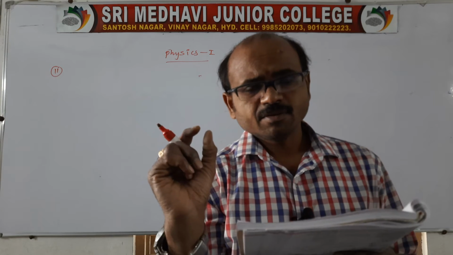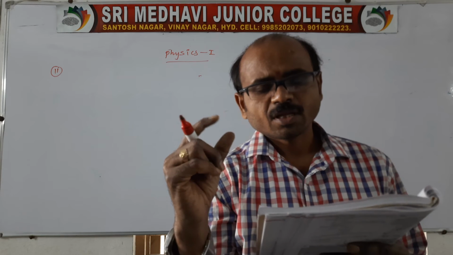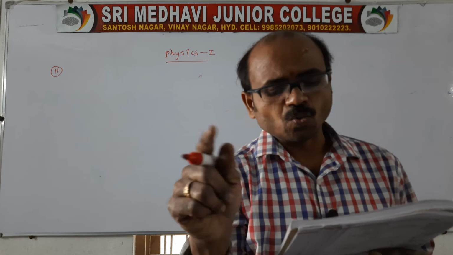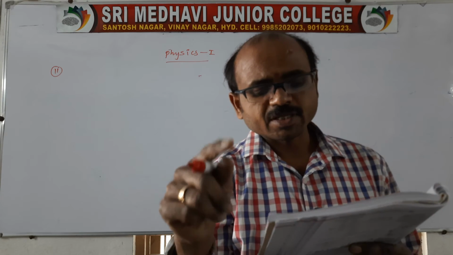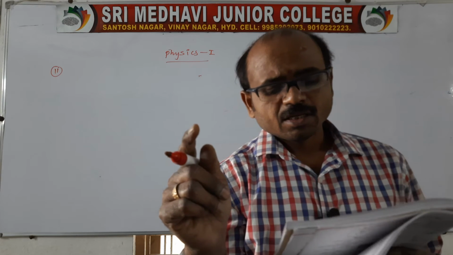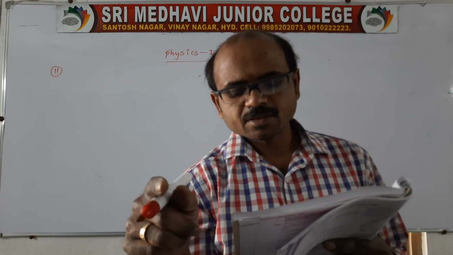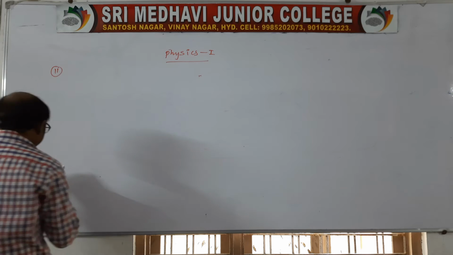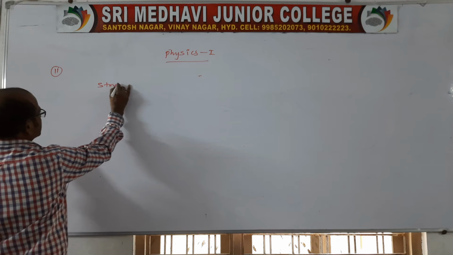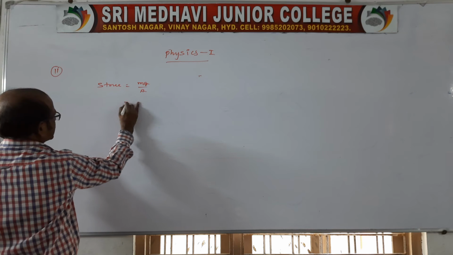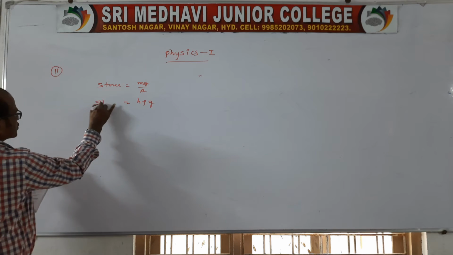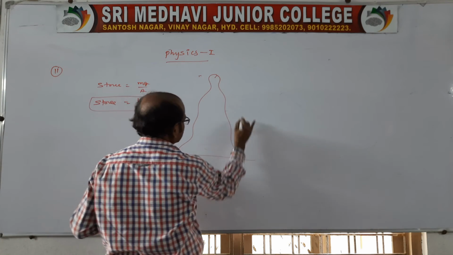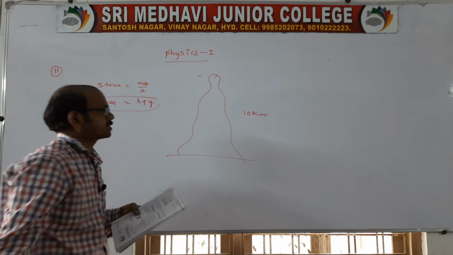Suppose we consider the mountain height is h, the mountain's area of cross section is A, and the average density is rho. And here we consider the elastic limit or yield strength of a typical rock in general. We need to find this. So stress is equal to mg by A, then h rho g. It is a stress, right? Why are mountain heights only approximately 10 kilometers, not more than that?